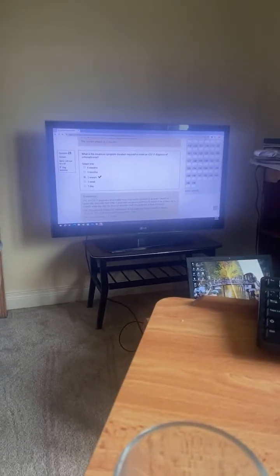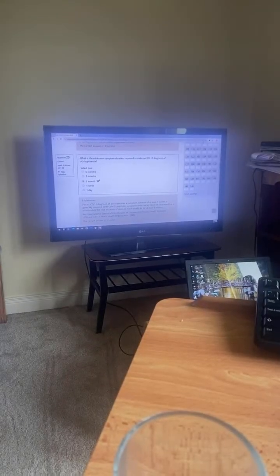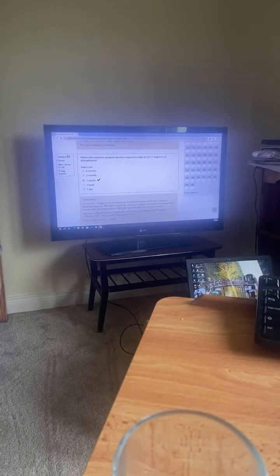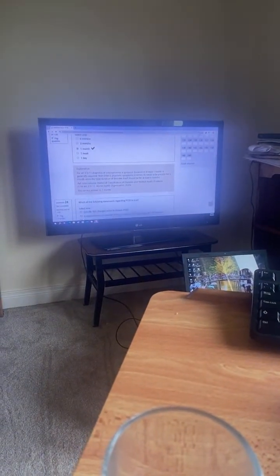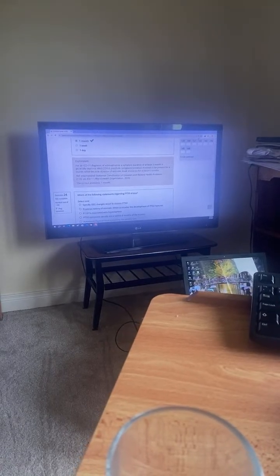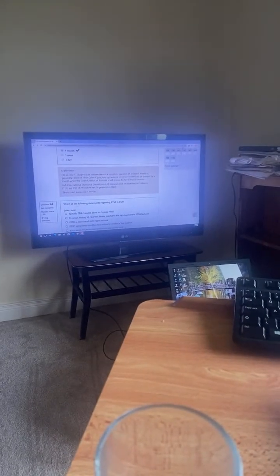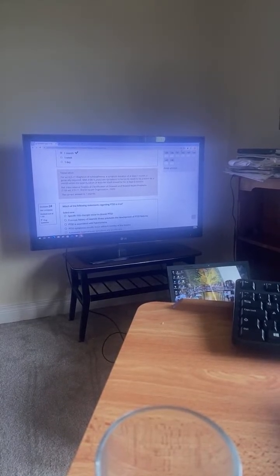What is the minimum symptom duration required to make an ICD-11 diagnosis of schizophrenia? So it is 1 month. That is perfect for ICD-11 diagnosis of schizophrenia. A symptom duration of at least 1 month is generally required. So at least 1 month is required, and then